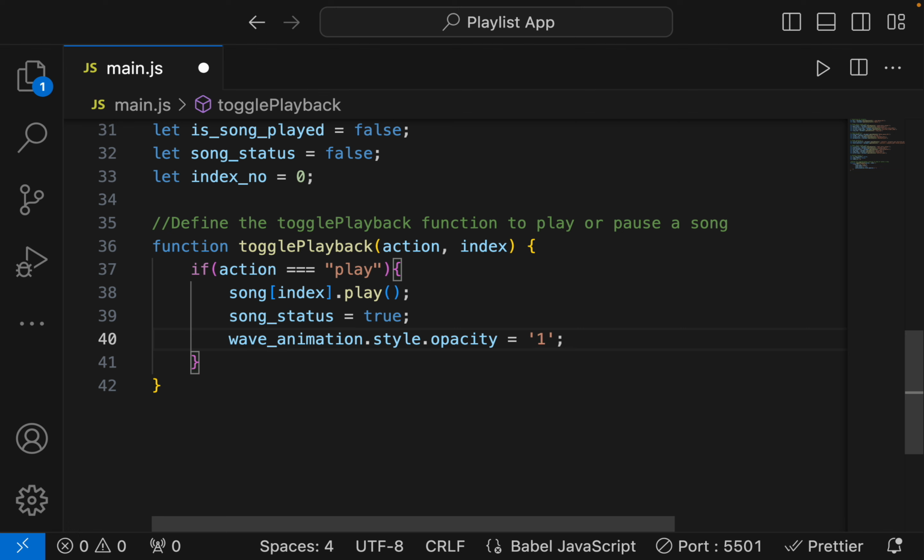So we want the wave animation now to become visible so that we can see it. And then the last thing we want to happen when the action equals play